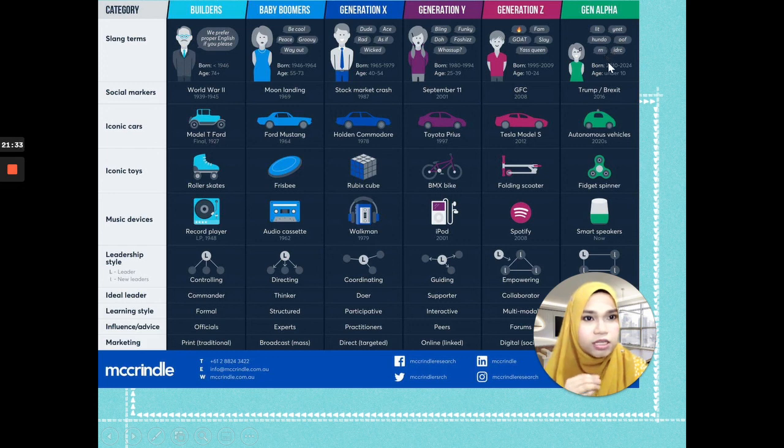They are actually still kids nowadays at the preschools, and also, yeah, 2010, and it's still in school, isn't it? Okay, in terms of music devices, this is what they have. I think we don't have this iPod anymore. We are on iTunes, Spotify, and we are also very comfortable with what we call the smart speakers,